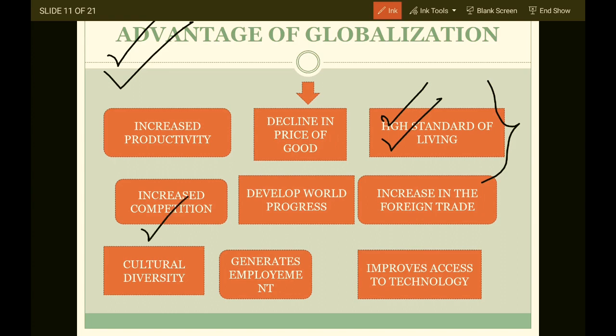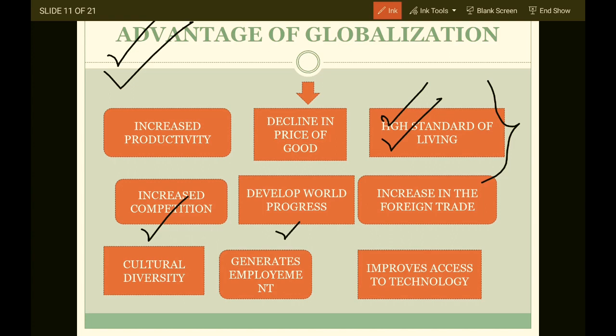Increased competition. There was an increase in competition because there are various alternatives. Earlier there was a monopoly, there was only one company. But after LPG, after globalization, foreign companies came. There was FDI, which resulted in more competition. Now for mobile phones, we have Oppo, Vivo, Mi, Samsung, and Apple. So many alternatives, so much competition.